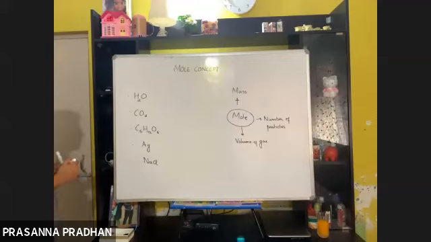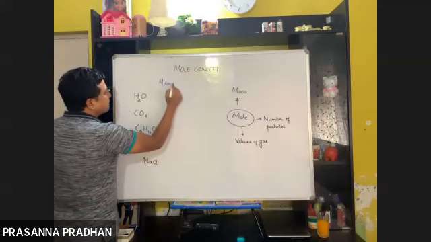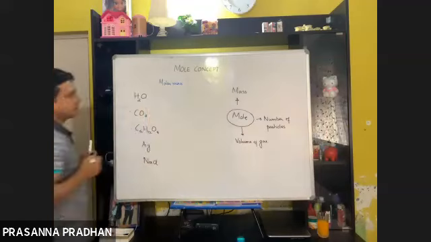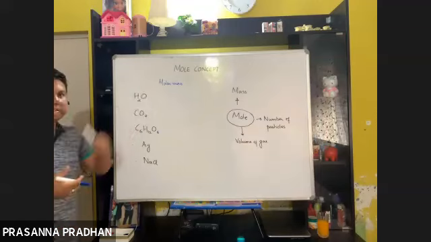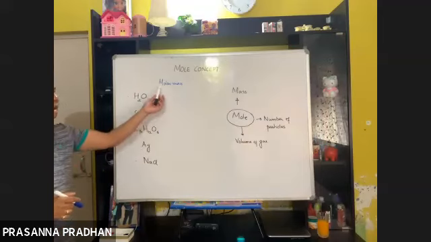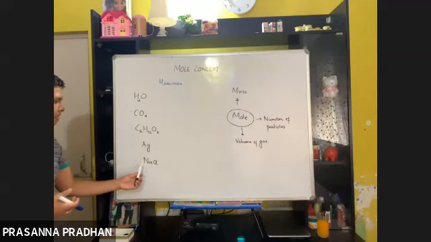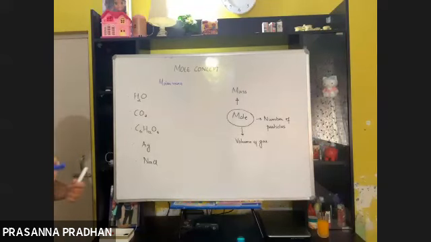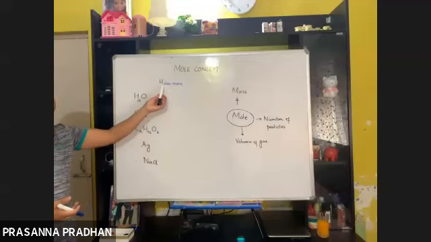Now I will just write down the molar mass. For compounds or for molecules, we write down molar mass. But if it is an element like silver, instead of molar mass, we write down atomic mass. And if it is an ionic compound like NaCl, the concept is the same, but the term used is formula mass. For simple covalent molecules, we write down molar mass. Right?